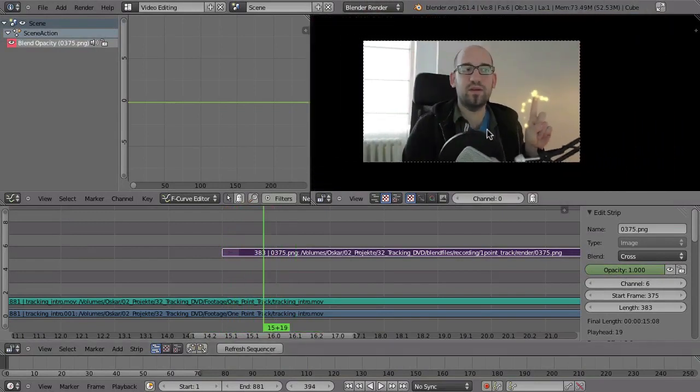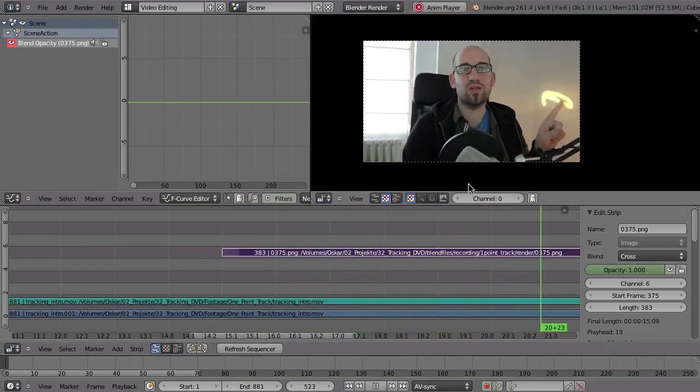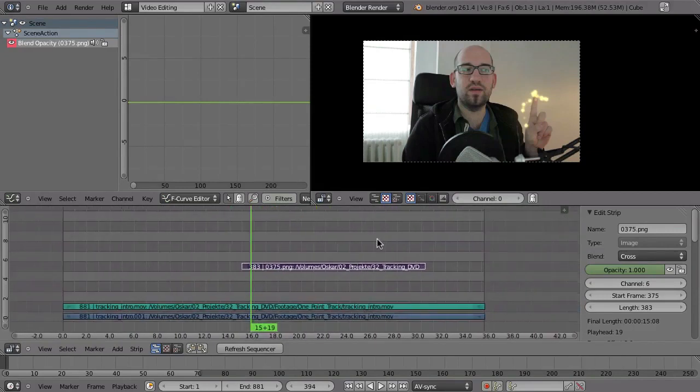Alright, so now Alt A will play back, and you will notice it is not in sync, but you can force Blender to render that synchronized by using the timeline and then setting it from no sync to AV, audio video sync, and it will in between drop some frames just so that it can match the length and the speed.